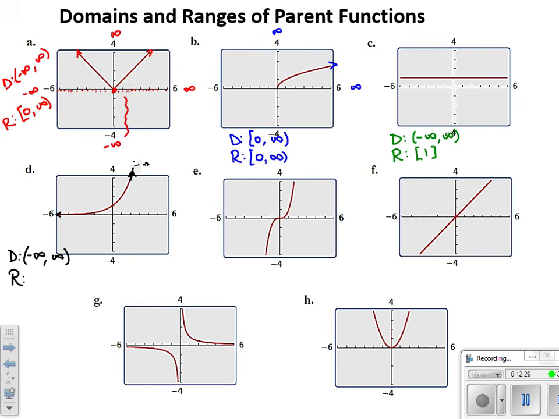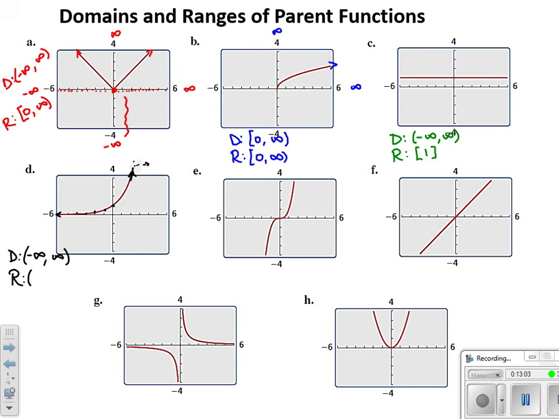For my range, this is going to be a little bit deceptive. We talked about the exponential being that I started at 1 when I plugged in an x value of 0. And we said that every time we increase x, it doubles. I'm multiplying in another 2. As I move to the left, as I decrease my x value, then that height is being cut in half. So it goes from a height of 1 to a height of 1/2 to a height of 1/4 to a height of 1/8. If I keep taking half of something, am I ever going to get to 0? No. I'm going to get really, really close to it, but I'm never going to actually get there.